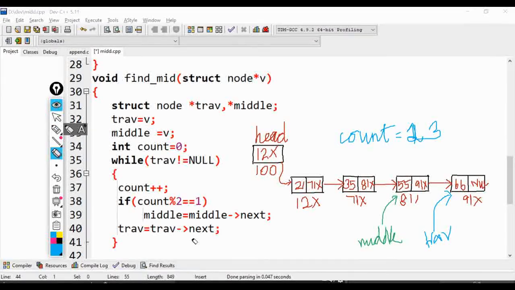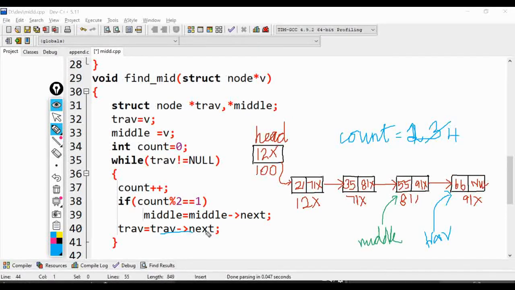With the updated value of traverse, our loop will be iterated. Traverse is not equal to null, condition true. Count plus plus, so count will be incremented to 4 now.